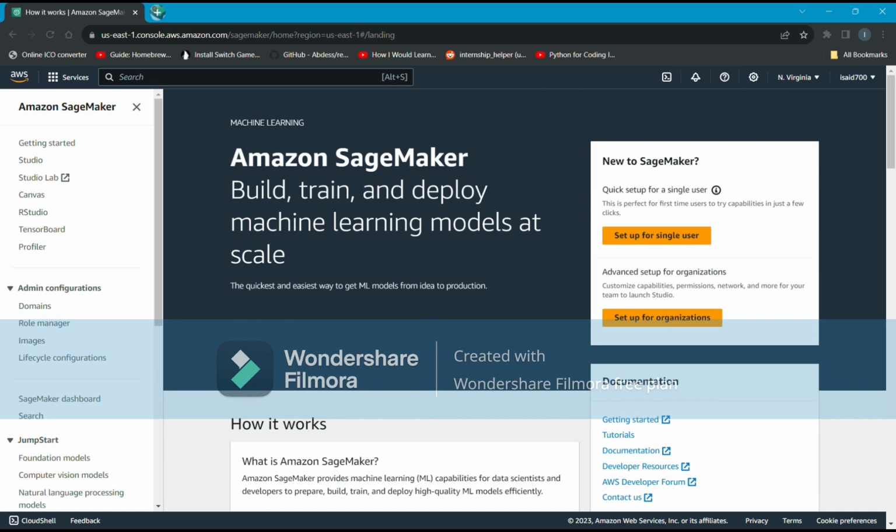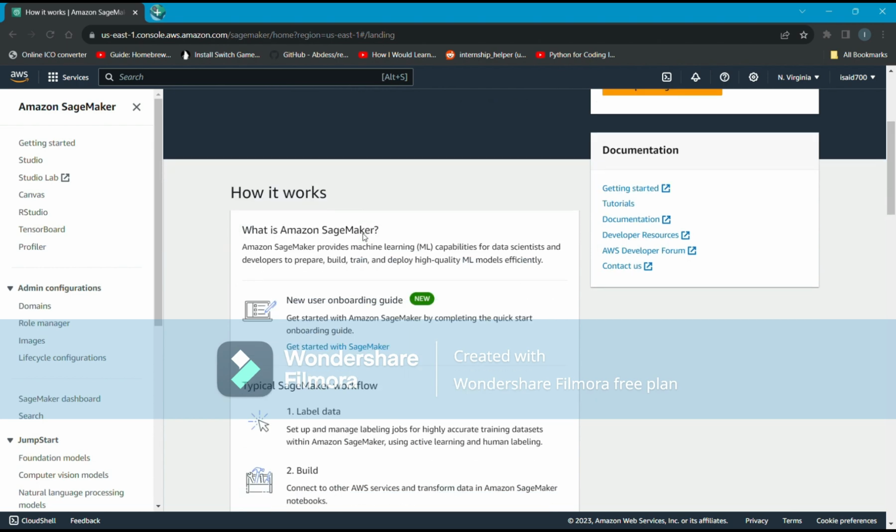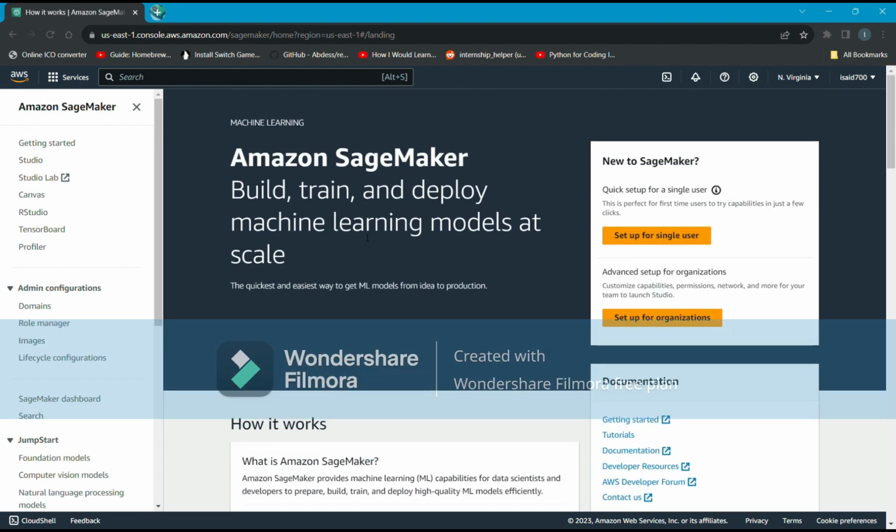So today we're going to be discussing Amazon Sagemaker. Amazon Sagemaker is a microservice created by Amazon that lets you, as it says right here, build, train, and deploy machine learning models at scale. It's fully managed, so Amazon takes care of the underlying instances that run the machine learning model. And today we're going to be going over a tutorial on how to make a very simple machine learning